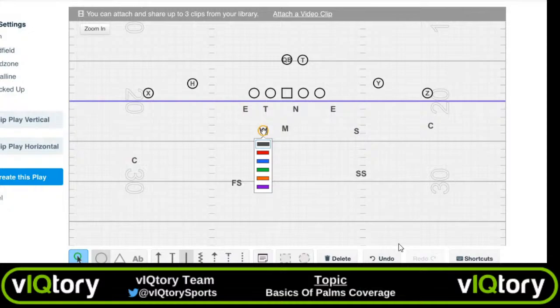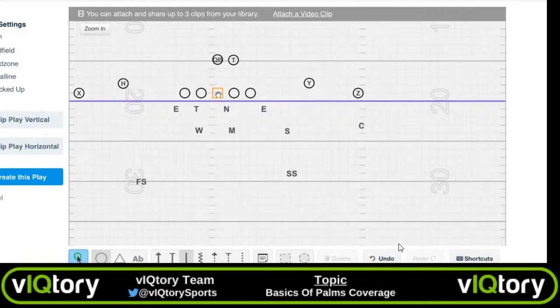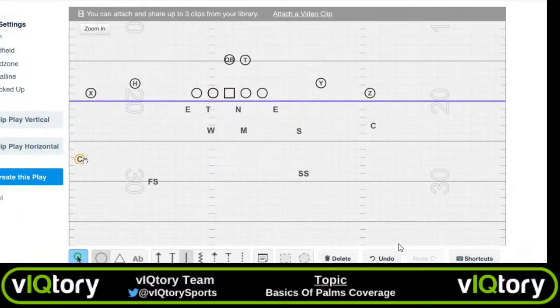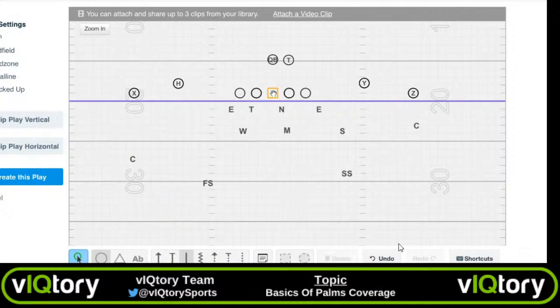If you are running a true 4-2-5, you'll have some sort of this look here. And let me drag everything here so we're into the boundary. We'll see this look. They'll play some sort of quarters coverage to this side, and then they'll cheat the box just a little bit and be able to play the palms coverage to this side. So there's different variations you can do with this palms coverage. But at its core, essentially, if you're trying to kill any bubble teams or